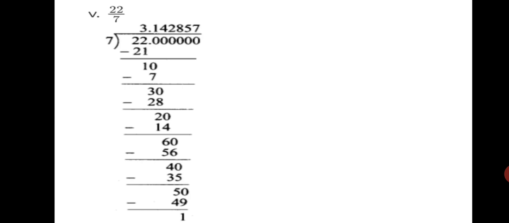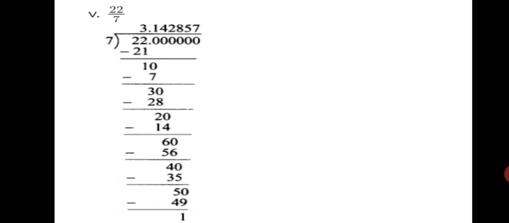And how will you write the answer now? Since 1 is repeated, not that 1 only will keep on coming. After 1 what did you get? See, in the quotient you got 4, then you got 2, then you got 8, then you got 5, then 7, then 1. Means this sequence is going to be repeated. So we will put a dot or horizontal line. Yes, we will have to put a horizontal line above all the numbers that you see on top, because 1 has come which was already there before in the quotient.